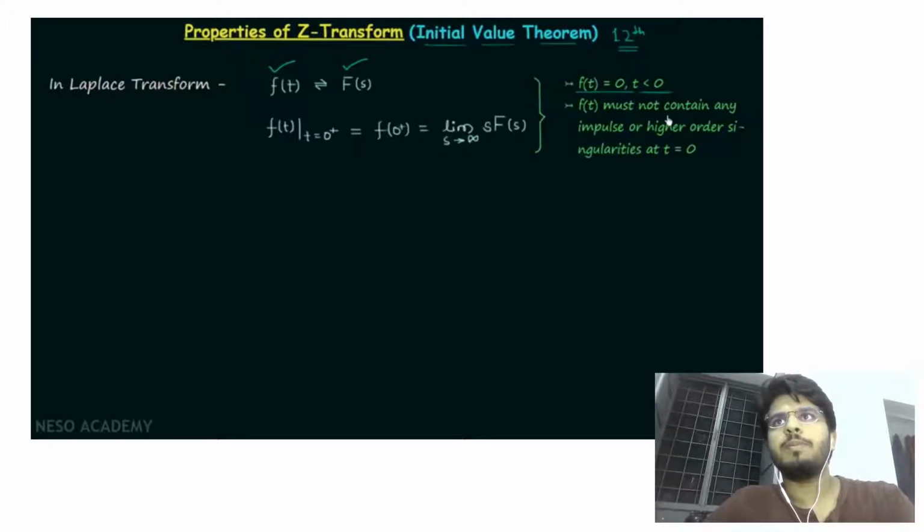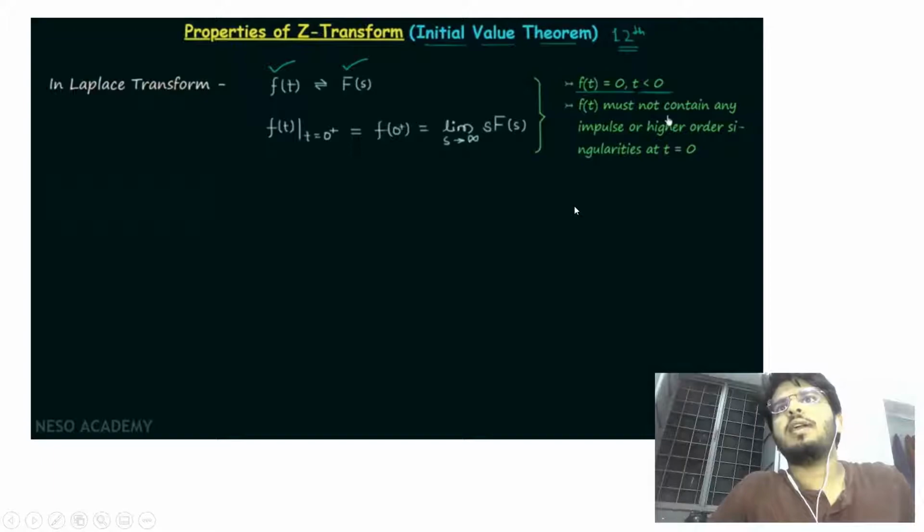Now the properties of Z transform. We're going to discuss the initial value theorem over here. So we know the initial value theorem for the Laplace transform. f(t) here represents the input signal, and F(s) represents the signal after the Laplace transform. So in order to find the initial value of the input signal, that is f(0), just after t equals 0,